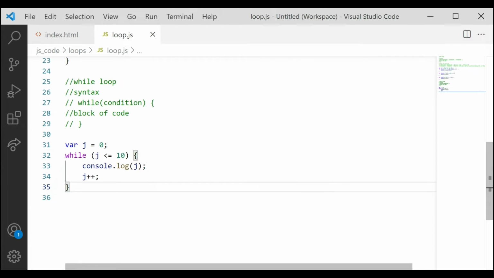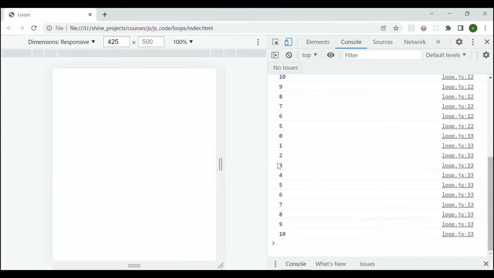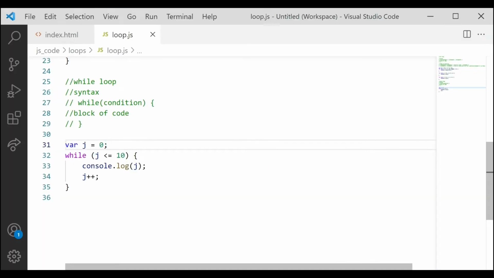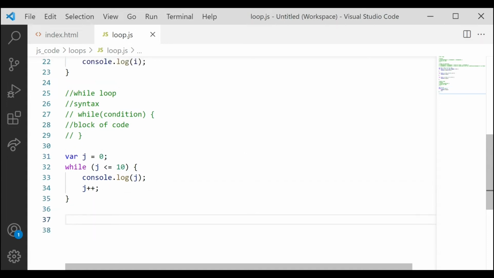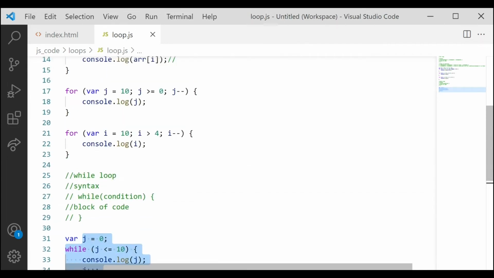Now let's see the output. If I run this, I can see from 1 till 10 it is displayed. Rather from 0, because we initialized it with 0. So from 0 till 10 the values are displayed. Now if you see, this syntax is similar to for